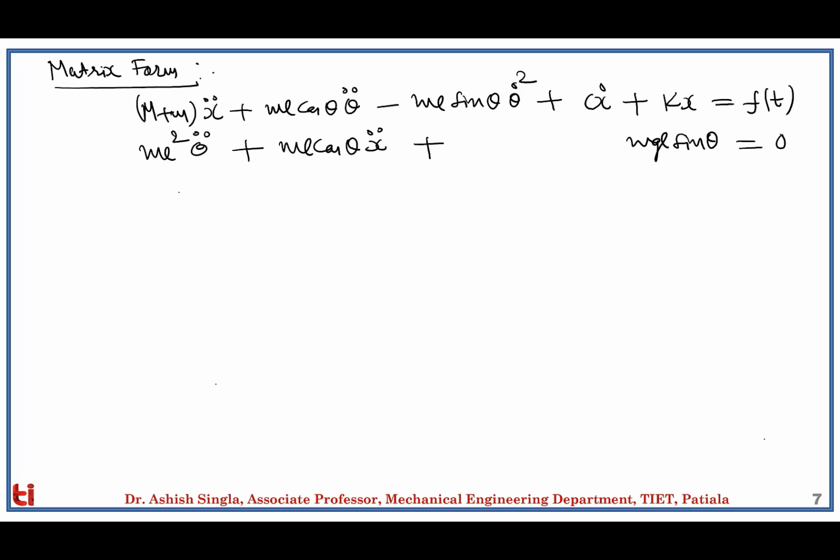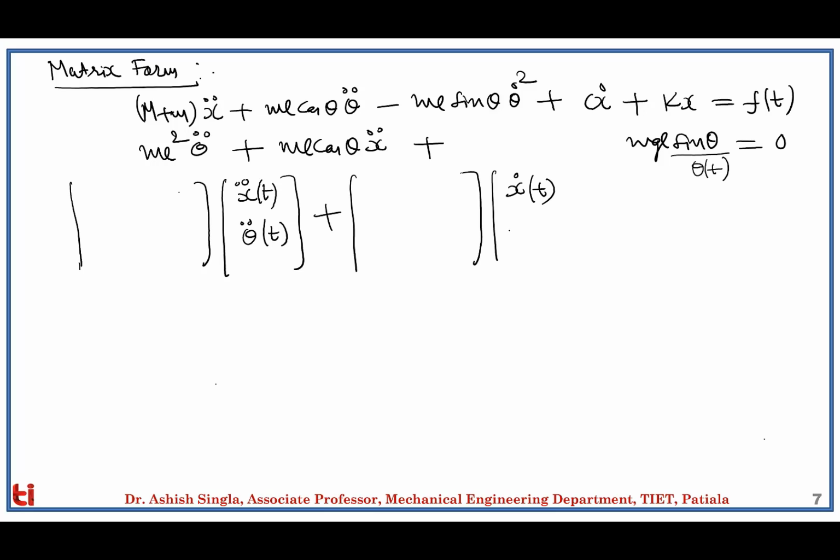In order to write the dynamics in matrix form, we have to assume that theta will remain small, so sinθ will be represented by θ. So again, we know that our vector of generalized coordinates contains cart position and the pendulum position, cart velocity, pendulum velocity, and we have cart position, pendulum position, which is equal to, let's say, q1 q2,